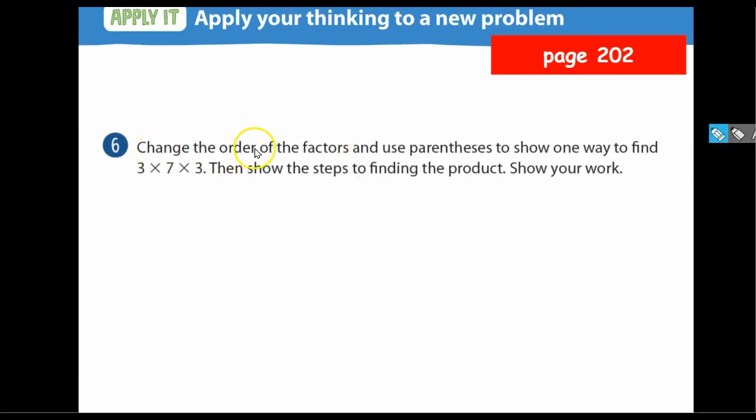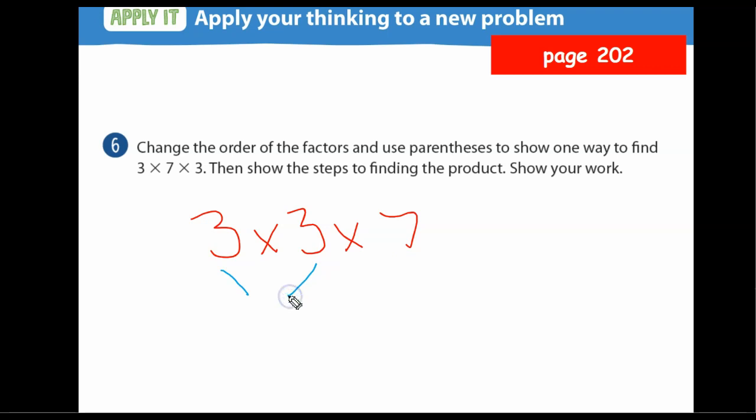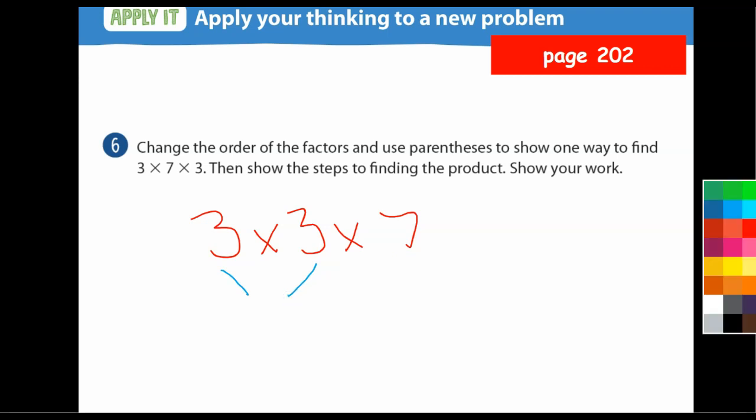Okay, it says change the order of the factors. That means I need to move these numbers around. And then use parentheses to show one way to find 3 times 7 times 3. So what I'm actually going to do is switch the 3 and the 7, have them switch places. So now I'm going to write it like this: 3 times 3 times 7. Then 3 times 3 is 9